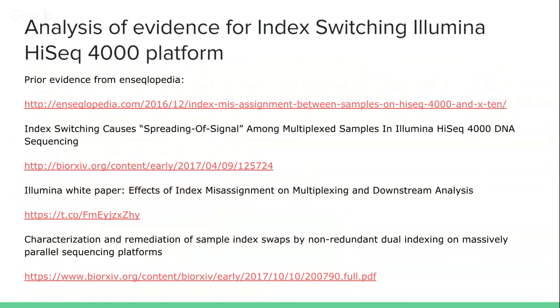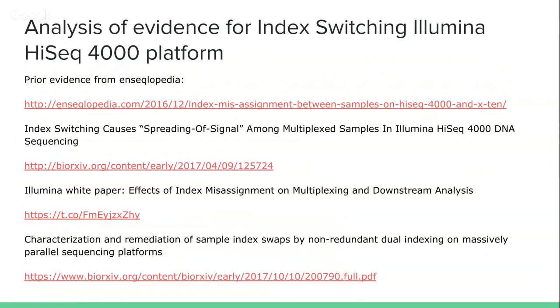And there was some evidence of it in the literature, and then Illumina came out and provided more information about how this was happening, who was affected, and what type of preps were affected by it, in a white paper that they called Effects of Index Misassignment on Multiplexing Downstream Analysis. And then they came up with a remediation and a set of indexes that you could use to make this problem